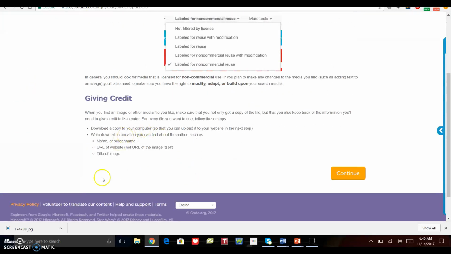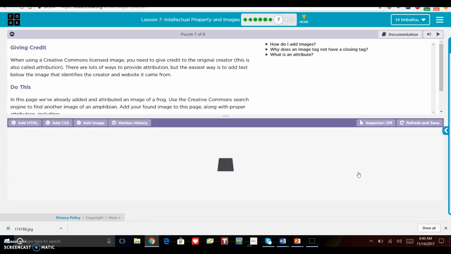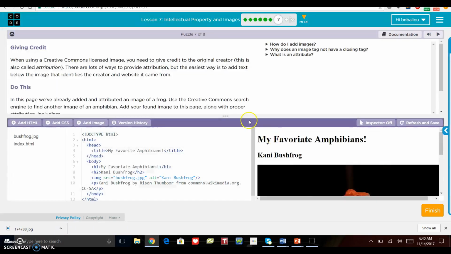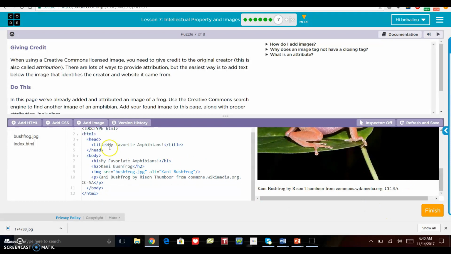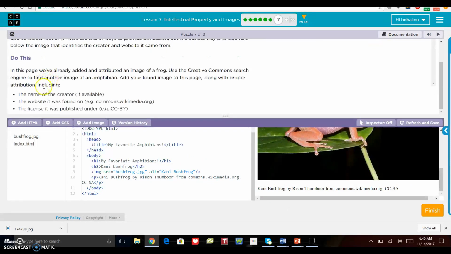And this just talks about giving credit. So you want to make sure that you add a paragraph giving credit, just like you would in a paper. So right here you can see that they have given credit. So what they want you to do